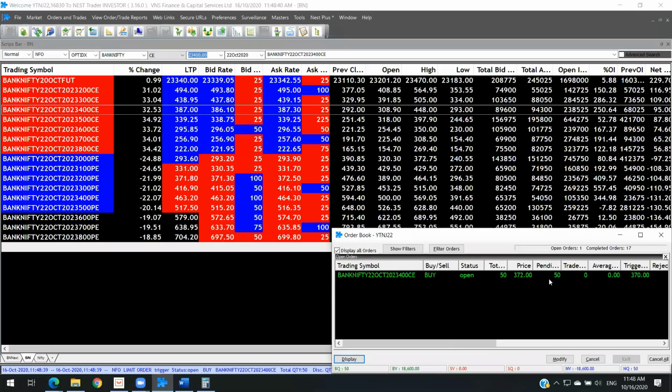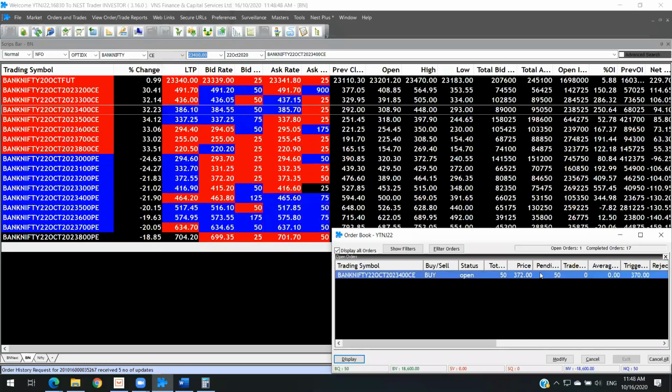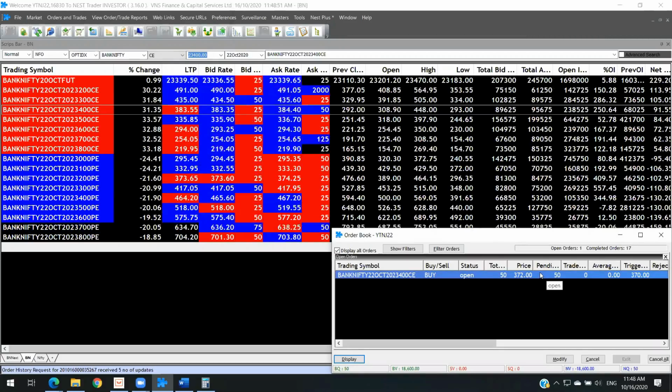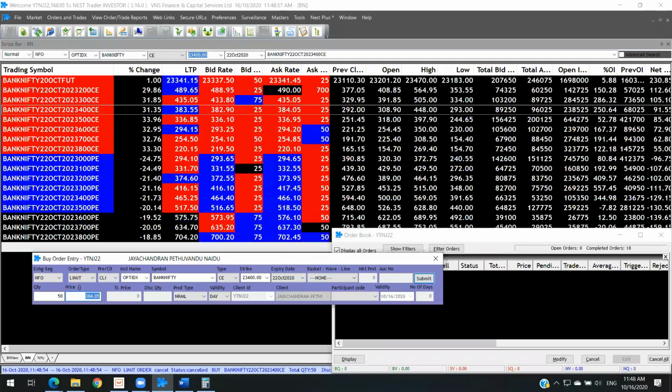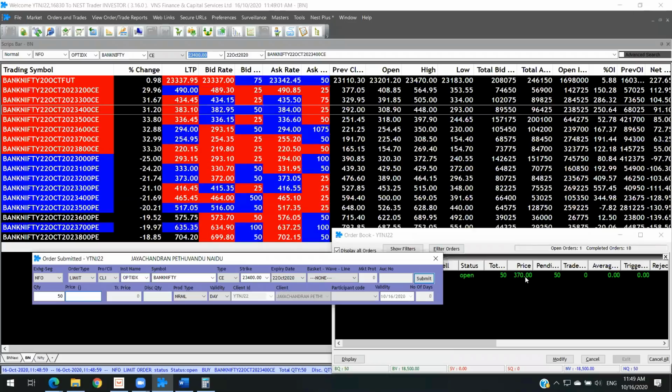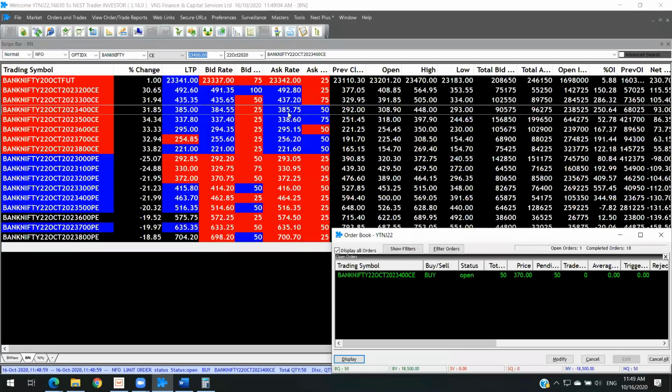I want it to get triggered. I'm using my stop loss order even for a buy. But usually you don't need it. You can just buy it directly at, for example, 370. If it's coming to 370, I'll just place it at 370. Once it hits my price, it will get triggered, correct?